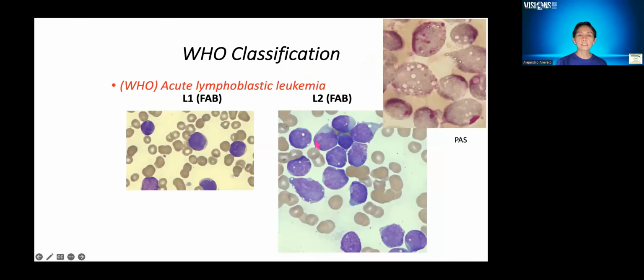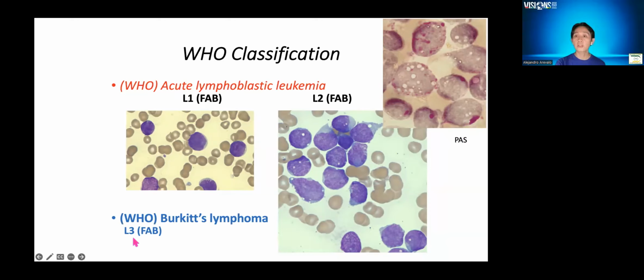Now, most cases of adult ALL belong to L2, and most cases of pediatric ALL belong to the L1 morphology. At the upper right-hand corner is a cytochemical stain wherein the blast cells are positive for PAS. Oftentimes, they will have this block-like positivity in the cytoplasm. Okay. Now, Burkitt lymphoma